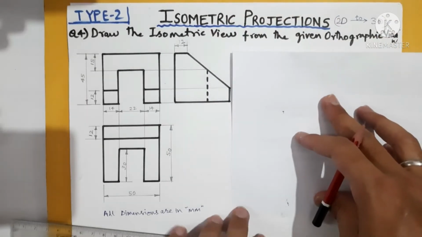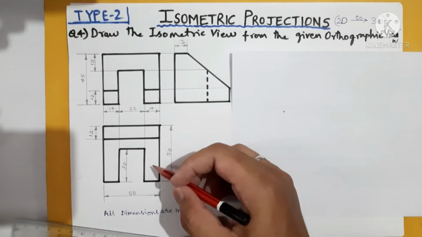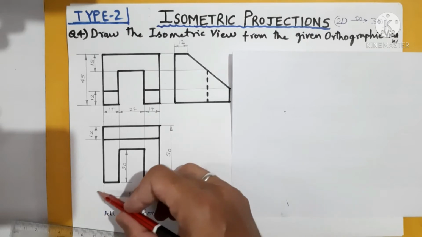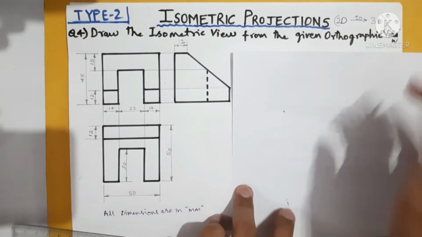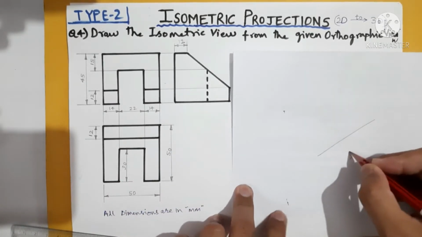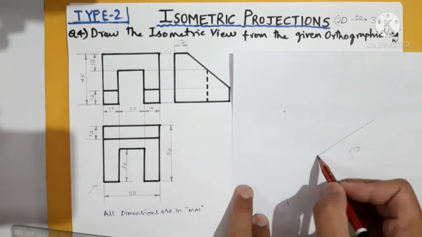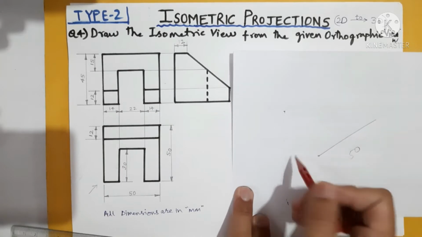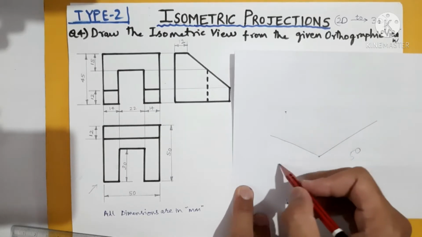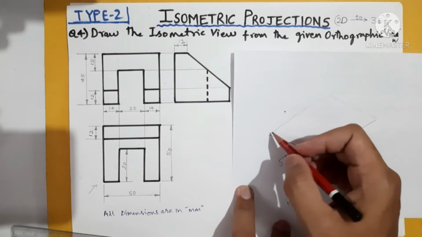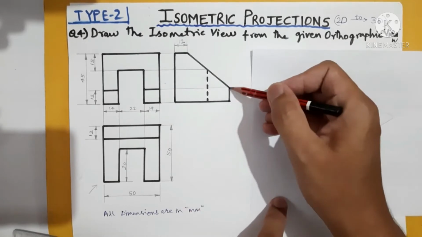Okay, so this is 50, this is 50, and we can start the problem from this side or from this side, it is up to us. For the time being we will start as per convention, that is, from this side. This point is this one. This is 50, this is also 50. Let us have a small surface or block. See, the block thickness is this much.